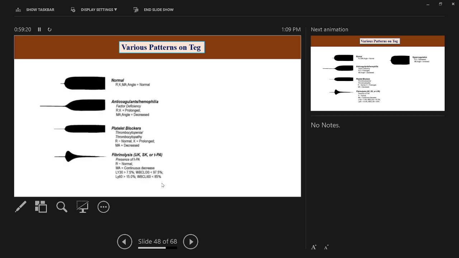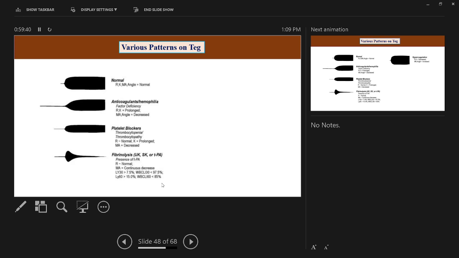So these are the various patterns on TEG. This is the normal pattern that we have seen. When the patients are on anticoagulants or have hemophilia, basically clotting factor deficiency, as we have seen, R time and K time can be prolonged. And the maximum amplitude and the angle can be decreased in such patients,